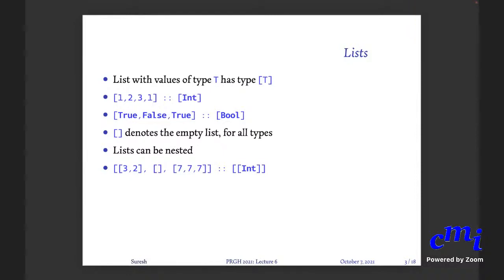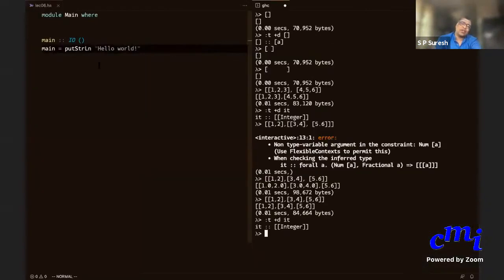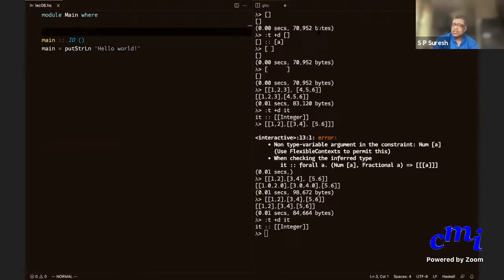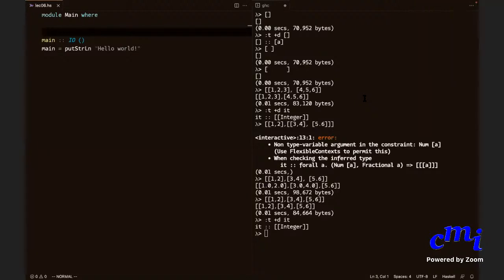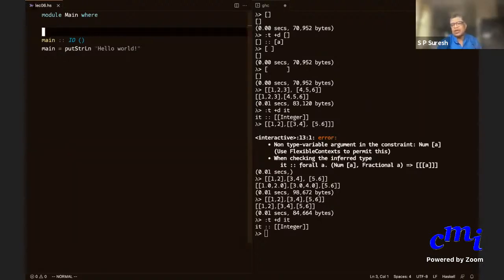Sir, could you say the difference between Haskell and GHCi? Yes, Haskell is the language. So whatever you write in the left, in the editor here, that is Haskell. GHCi is the interpreter that runs Haskell. So in Haskell you cannot do this :t, for instance, or :load or whatever. GHCi is a program that runs Haskell, so you have extra stuff that you can ask GHCi. You can ask GHCi to load a program. You cannot ask Haskell to load anything. You can use :l, :r, :t to ask for the type of an expression. All that you cannot ask Haskell. You are asking GHCi.